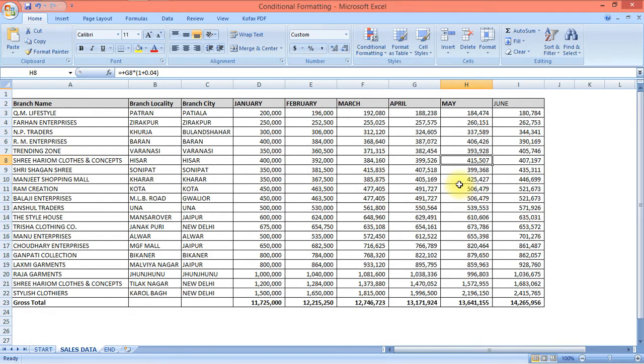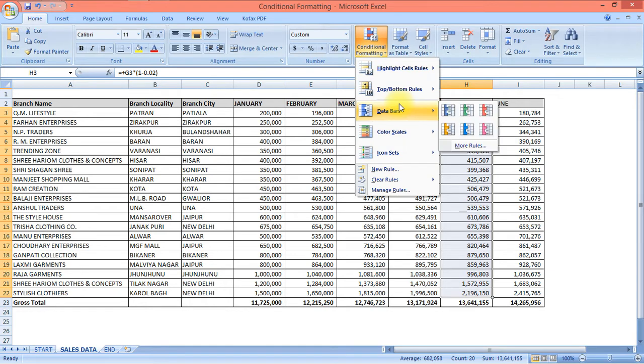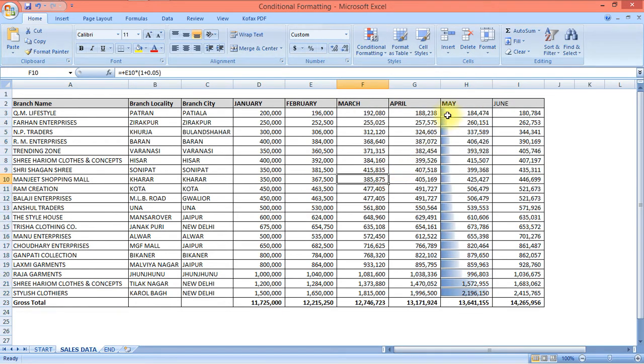Also in conditional formatting, we can see the analysis of data with bars, symbols, icons, and colors. Like in the month of May, I want to check according to data bars. I select data bars and then I choose this. Now you can see the bars are showing the decrease and increase of data. Here it is increasing, again some more, the same, and then increasing again, and it decreases here. These are the highest sales giving stores. By this also we can analyze the data.